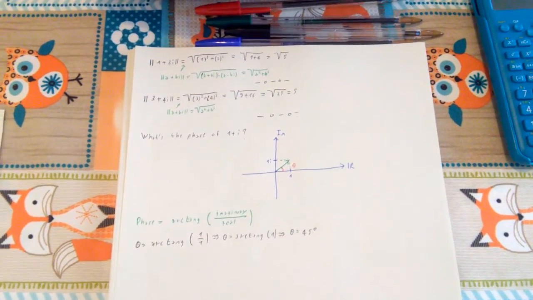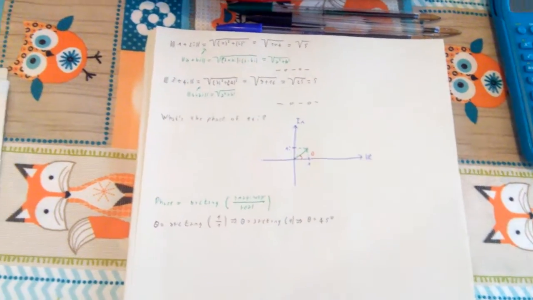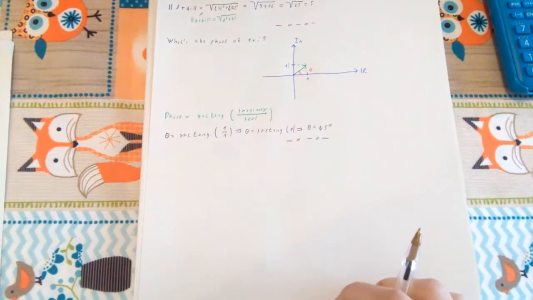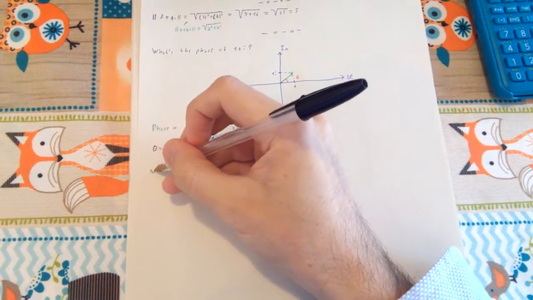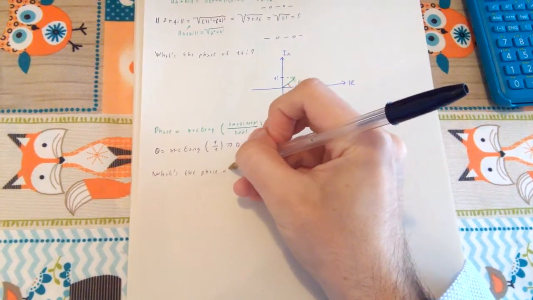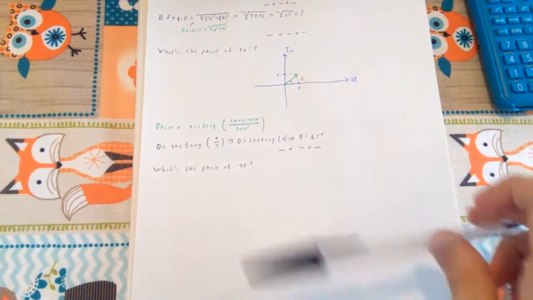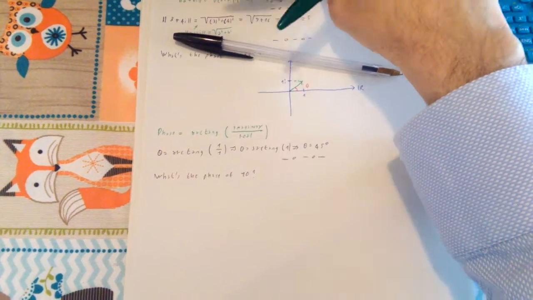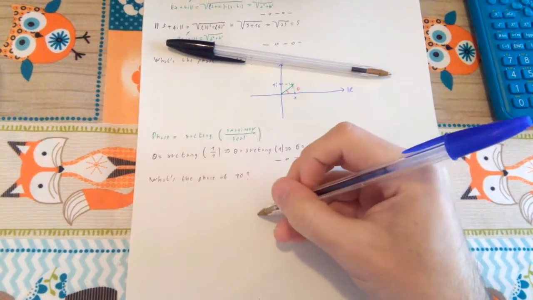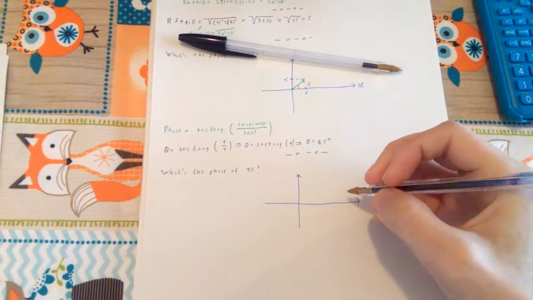Now let's go on with this. Let's suppose we want to find the phase of, I don't know, 10. What if we have just a real number? Well, if we have just a real number and I ask you what's the phase of, let's say, 10, what will you say? Well, it's pretty straightforward, really. I'm pretty sure that many of you already talked about this kind of thing, but anyway,